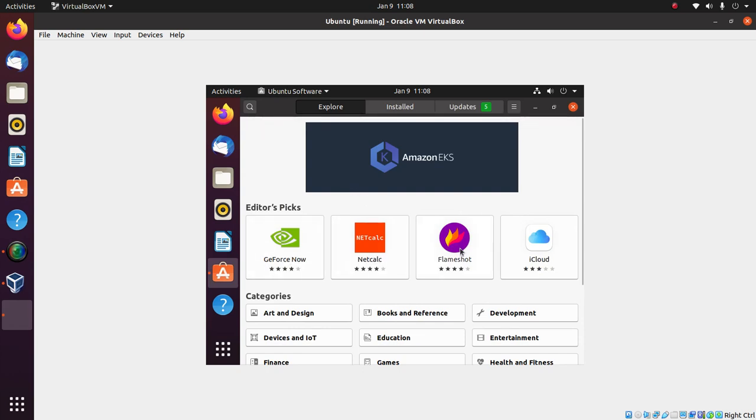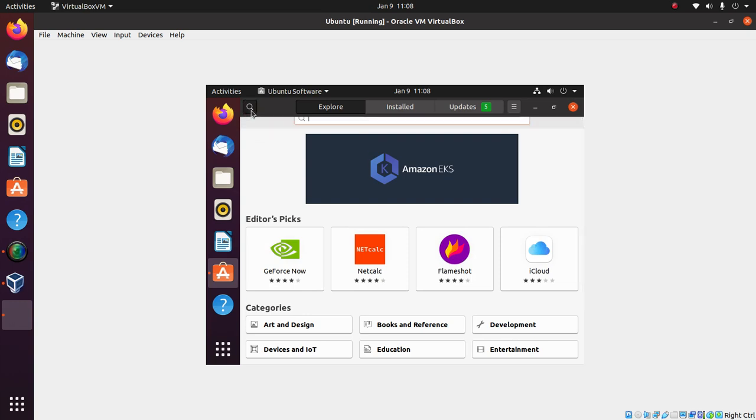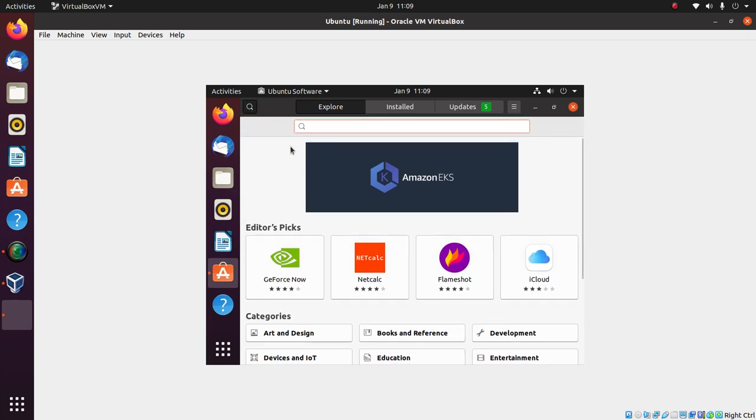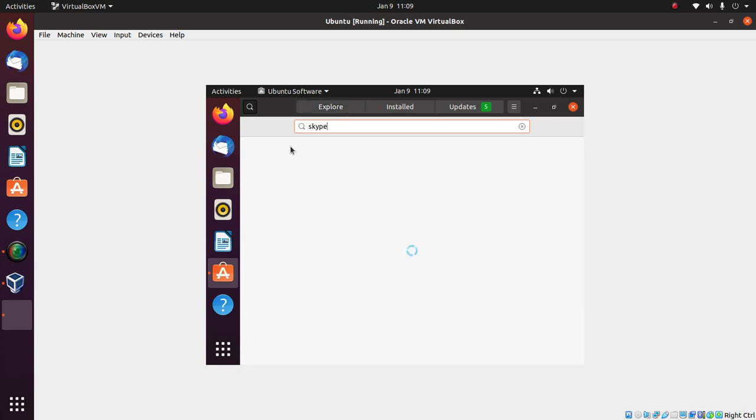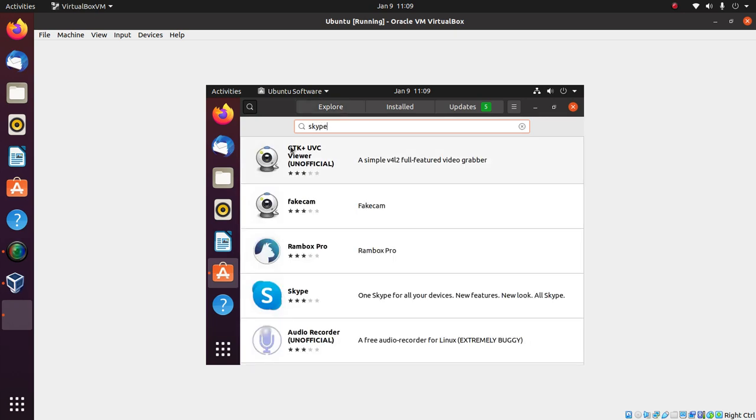Here all the available software is listed. If you want to install something, go and click the search icon. For example, you may be interested in any type of software. You can just type the software name and you have the options. Here Skype for Ubuntu is listed. You just need to type the software name and it will be listed here.